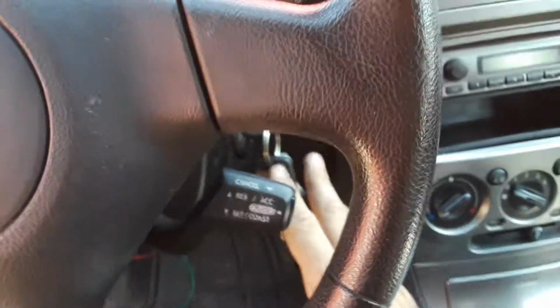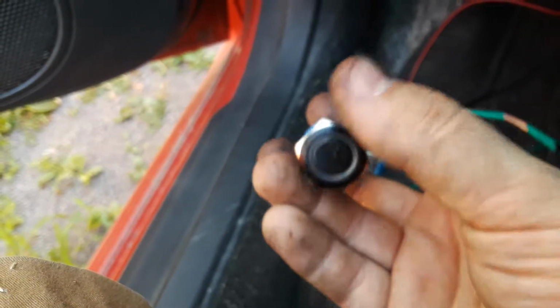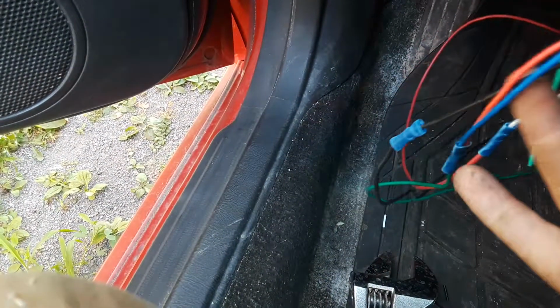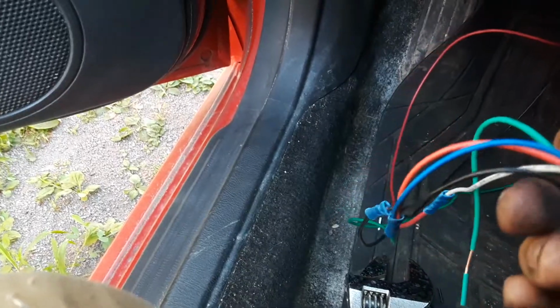So instead of getting a new ignition switch, because I don't feel like it, I got a button. Pretty much what this is, it's just a momentary switch. So you've got the red and blue wires go together into this green, and the green goes to the starter signal wire. The red is the positive, so that's a red wire I got going into